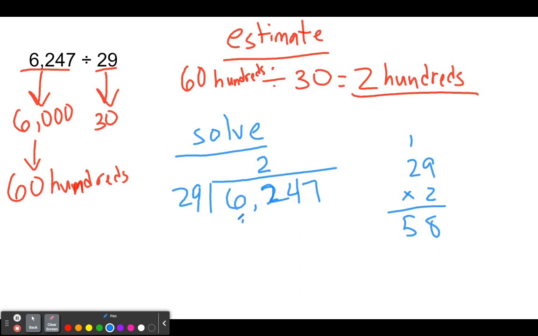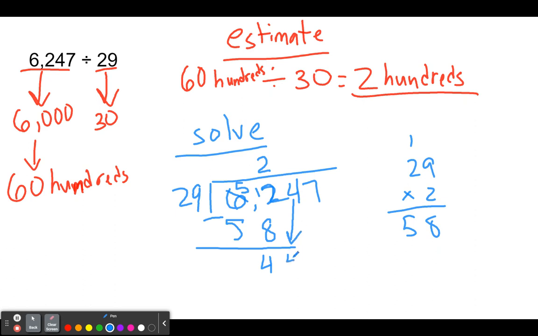So now we have 58. Right? So now we have to subtract. I have 2. I need to take away 8. Can't do that. So I'm going to go ahead and borrow. So it's going to turn to 5, 4. So 12 take away 8 is going to give me 4. All right. Now we're going to bring down our 4